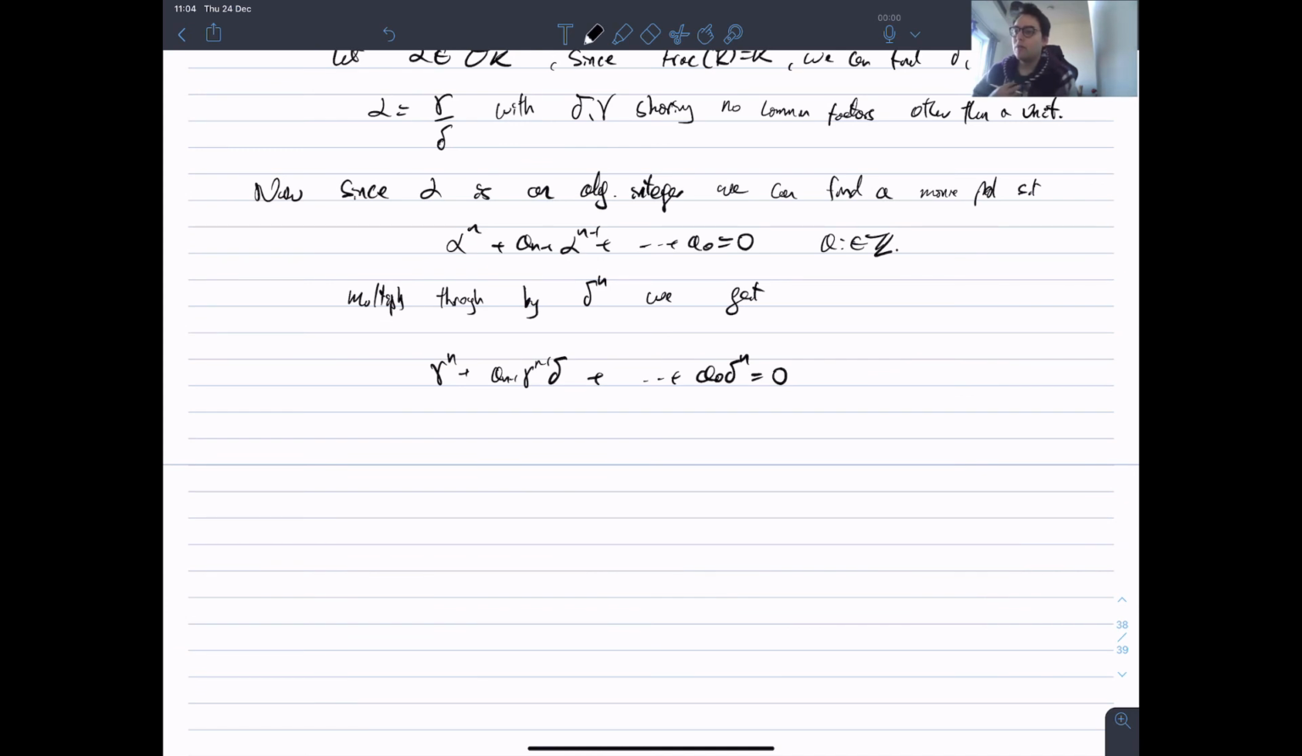Right? So now, since we're assuming that R has, now we're going to have to come in with the assumption that R has unique factorization. So since R is assumed to have unique factorization, we see that